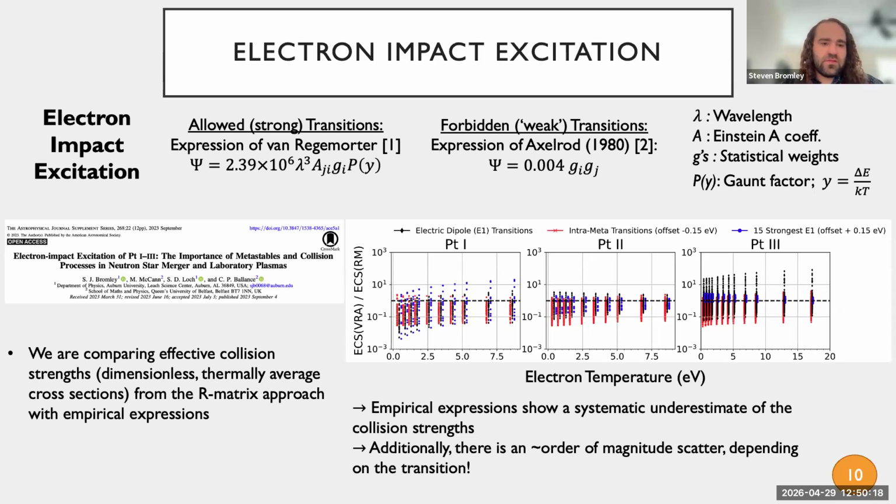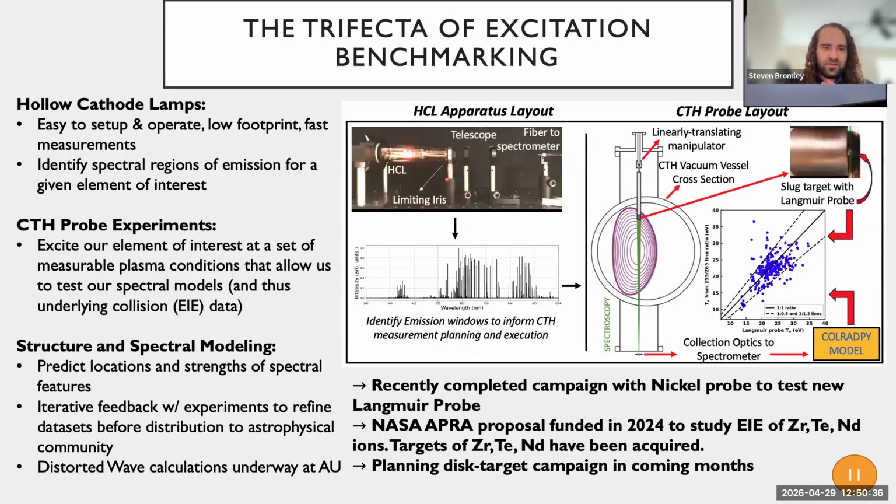And I'll also mention it's sort of one thing to calculate this sort of collision data. You could ask five different people to compute the same cross section, and you might get five different answers. And so it can be very helpful to have a sense from experiment of how accurate your collision data is. And so what I'm showing here is, there's a lot going on here, but I'll walk through it piece by piece. I'm showing an overview figure of an experimental campaign we're building here at Auburn to benchmark some of this collision data we're producing for kilonovae. So the first thing we would do is look in these hollow cathode lamps. These are small benchtop experiments that erode and excite an element of interest inside a neon buffer gas.